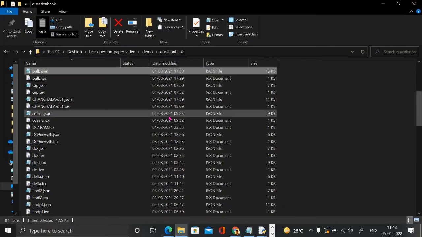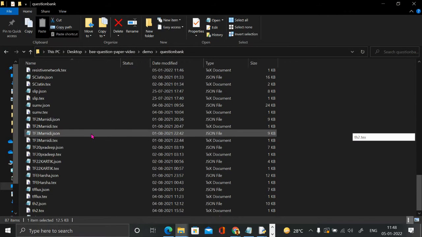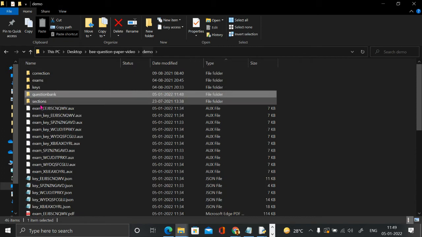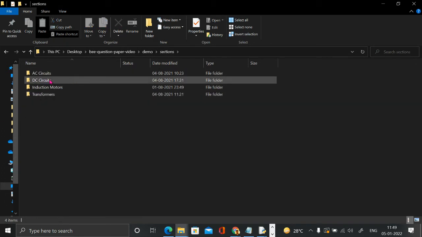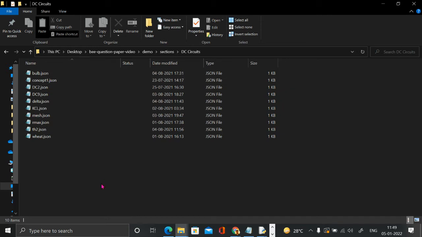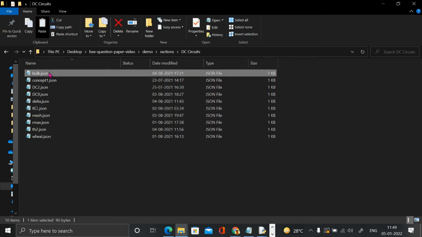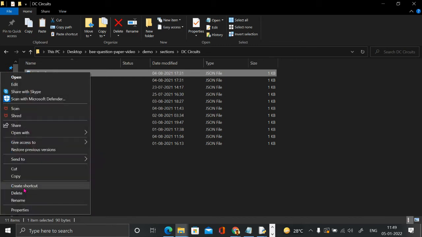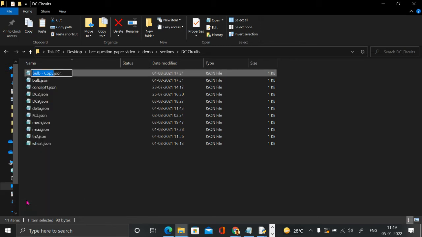Next, I have to add this somewhere. So I think that should be done in the sections or somewhere. Okay, so let's see. So DC circuit. So DC circuit has how many questions? One, 2, 3, 4, 5, 6, 7, 8, 9, 10 questions are there in the DC circuits folder. Okay, so I want to create a 11th question. So I'll again take this bulb.json and then paste it and then I rename it. So R network, something,